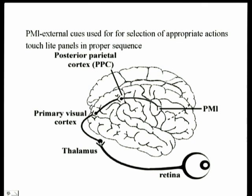It's going to go to something called the lateral geniculate nucleus, which is in the thalamus. And then we're going to go into area 17, which is the primary visual cortex. Still, we just know where that apple is in retinal coordinates. Then from the primary visual cortex, it's going to go to what we call posterior parietal cortex, where a sensory-motor transformation is going to take place so you can actually reach out and grab that apple. This is a very important place, posterior parietal cortex, where it takes the representation of this visual stimulus in extrapersonal space and does some transformations on it so that we can eventually reach out and grab that apple. Then it sends it over here to the premotor area,